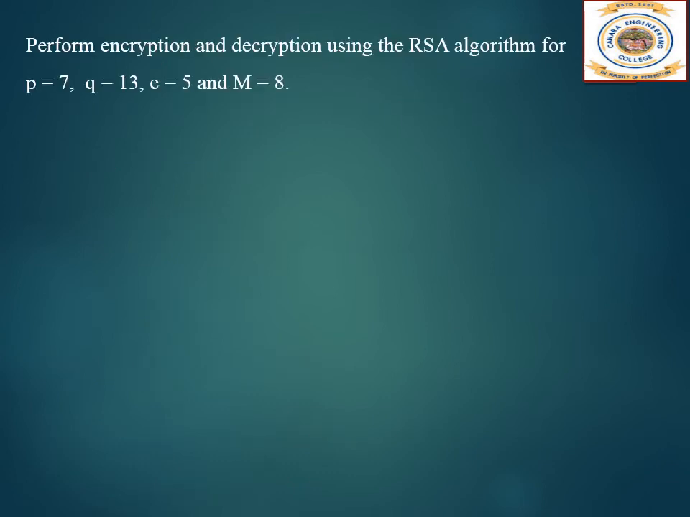Considering one more example, here P is equal to 7, Q is equal to 13, E is equal to 5 and M is equal to 8. So let us perform the encryption and decryption using the RSA algorithm. So considering the encryption process,